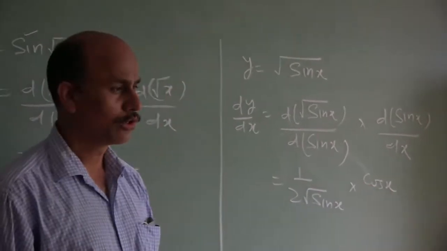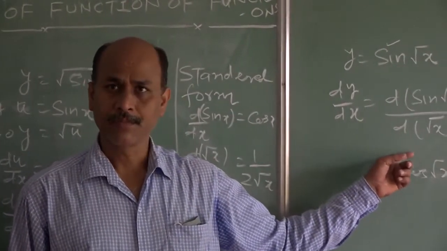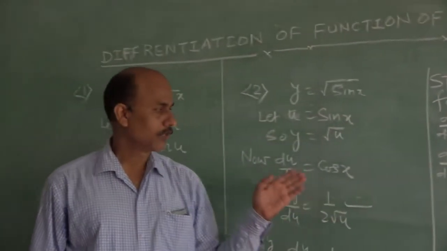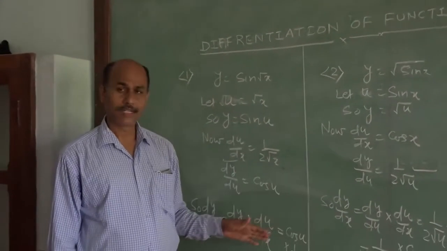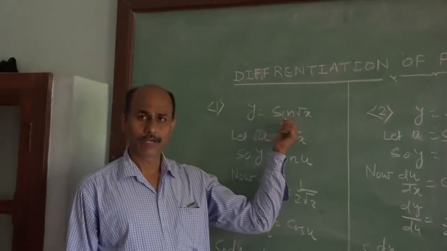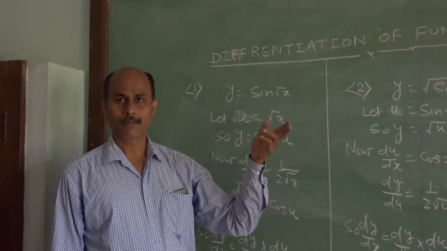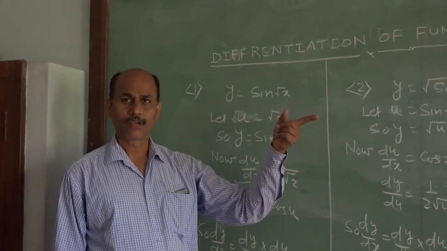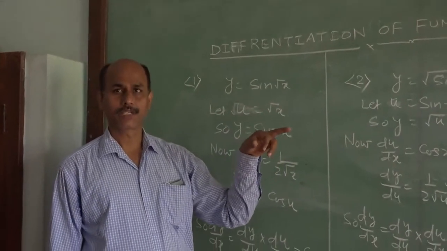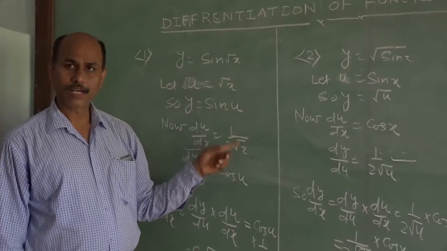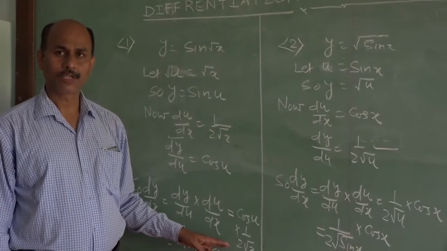Now it is up to you which method you want to go for. This one is the direct solution, and the second one that I explained already is the basic way of finding the differentiation of functions. If you go for proper practice, then definitely you can use the direct one. But initially never go for direct differentiation. Go for the arrangement like that and then try to find the final value of the differentiation. I hope you can do it easily.